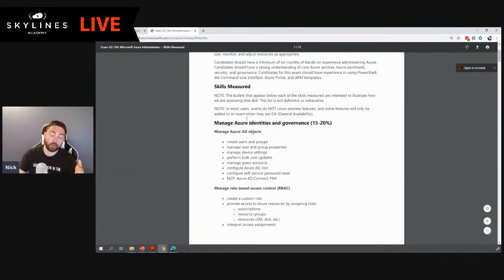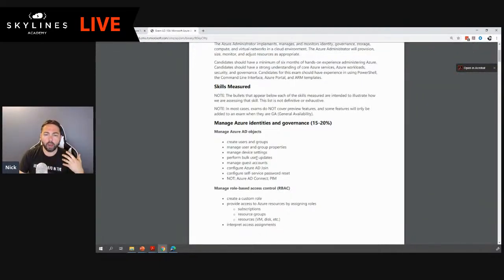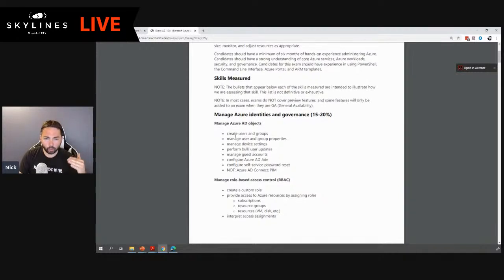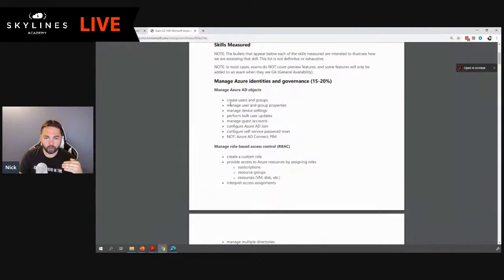For a while, in fact, again, this is why I like the changes to 104. Azure Identities and Governance is number one now, which means you build out your Azure AD infrastructure, you learn to create users and groups, manage guest accounts, configure an AD join. Those kind of things are immediately learned, and that's welcome, because often, before the curriculum, and people gave us this feedback too, was, why am I learning monitoring when I haven't learned how to build anything, right? And I think that makes sense. So yeah, they really focus more on, let's get the core fundamentals right. So Azure AD objects,